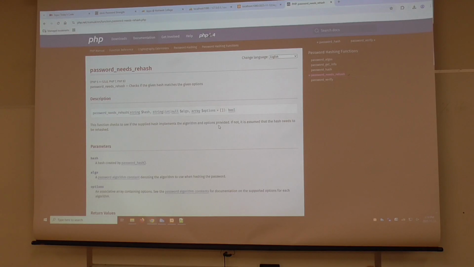So this is a function you could use if you're in a transition state between, you know, one hash algorithm and another. Perhaps you've decided to go from bcrypt to whatever the other one was, right? It allows you to test the hash to see if it's been hashed according to the correct hashing algorithm. And if not, then perhaps you're prompting your user to create a new one, right? But anyway, let's go back to password verify.